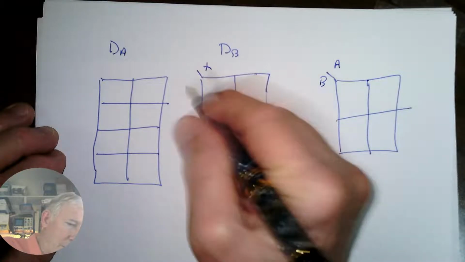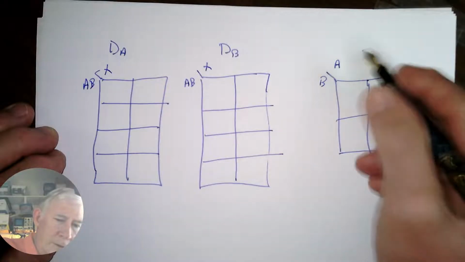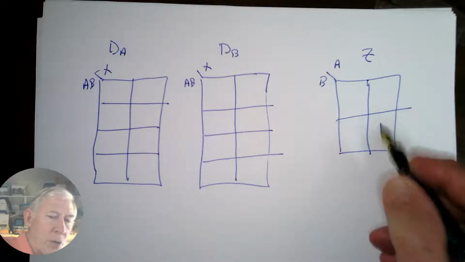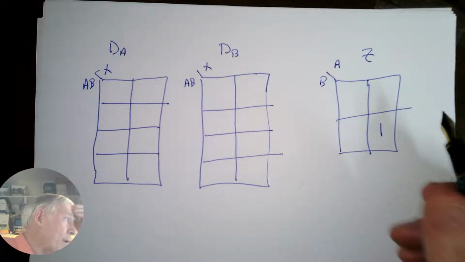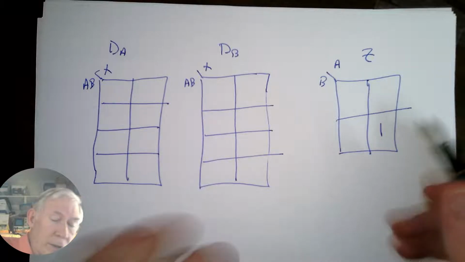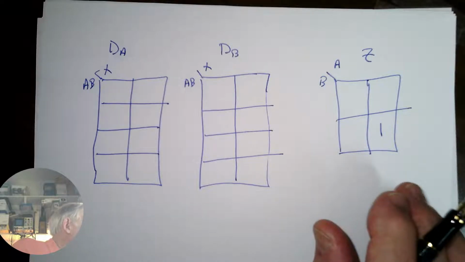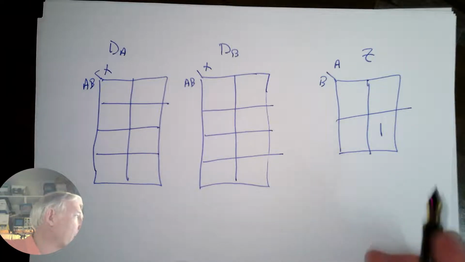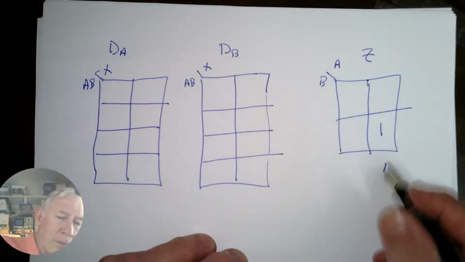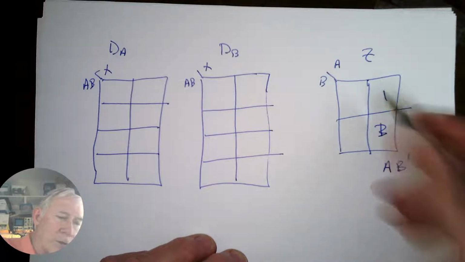This is X, AB, X, AB, and this is Z. All right, so in this case, the 1 is here. What I should have done in the other map, yeah, maybe the 1's there anyway. Anyway, I think some of these. Yes, in this one it's A B prime. So for this one, it's A B prime equals Z. So actually, the one goes there, actually,